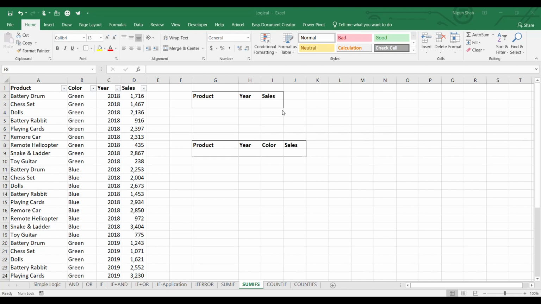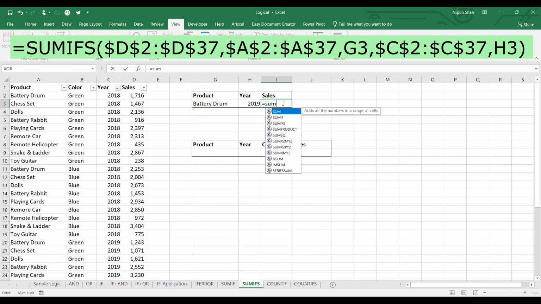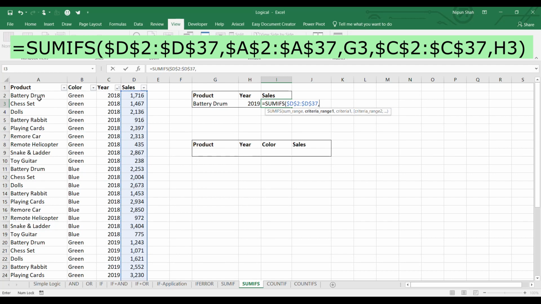Now guys, I will tell you how you can use SUMIF based on multiple criteria. For that we will use the SUMIFS function. Here I have my product sales with the color and the year. So I have three criteria to sum my sales. Now we will perform the sum based on two of these criteria. So equal to SUMIFS. The point to be noted is that the first segment is the sum range. My sum range is this F4, comma, the range for criteria 1 is this F4 and the criteria 1 is this. Now the range for criteria 2, which is the year, so this F4 and it should be checked for this value. Close the bracket and enter.